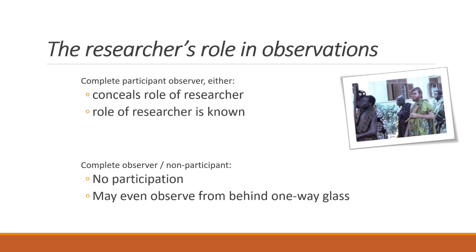And then complete observer or non-participant. So here you are just observing. So you're observing the interactions, you're observing what happens in the community. There's no participation at all. All right. So that's one way. So you're there, you are not participating, you are observing. People can see you. You're just hanging around, you're just observing, but you're not participating. Or the observation can even happen in such a way that people do not see you. And this is one of the